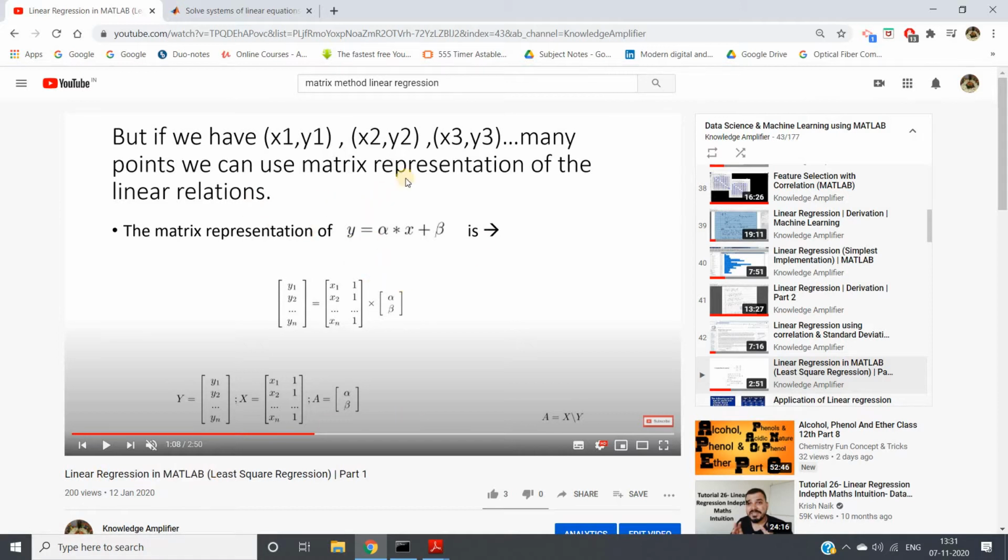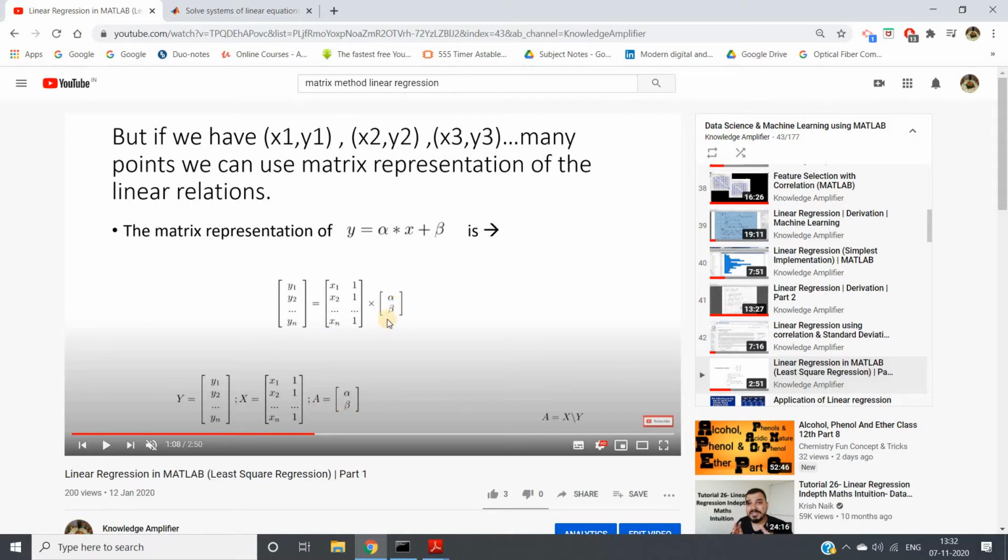What we did simply, as you can see, is we have points x1 y1, x2 y2, x3 y3 and so on, and suppose I assume my linear regression line is y equal to alpha x plus beta. We will have multiple equations if we put the x and y values in this equation. For the first data point x1 y1, the result will be y1 equal to alpha x1 plus beta. For x2 y2 it will be y2 equal to alpha x2 plus beta, and so on. Like that I created the matrix equation, and then I told you I need to get the values of alpha and beta. Simply we can take the inverse of this matrix and get our coefficient values alpha and beta, right?